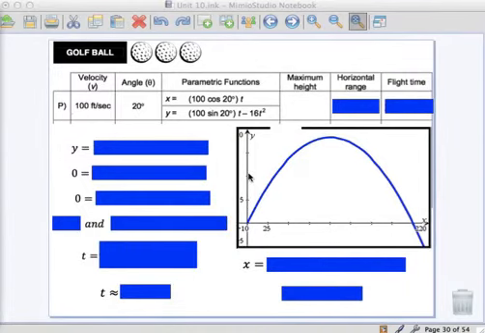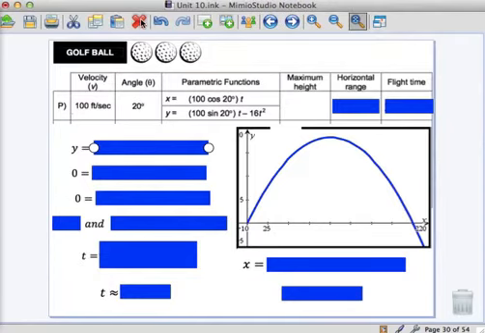You've got to solve it algebraically, okay? There are steps to finding this information out. If you want to know the horizontal range, you want to know how far it is going to be from this initial point here to when it hits the ground again. Okay, so way over here. Well, if you look, your y value is going to be 0 here, and it's also going to be 0 here. So to find your horizontal range, or how far it's traveling horizontally, you're going